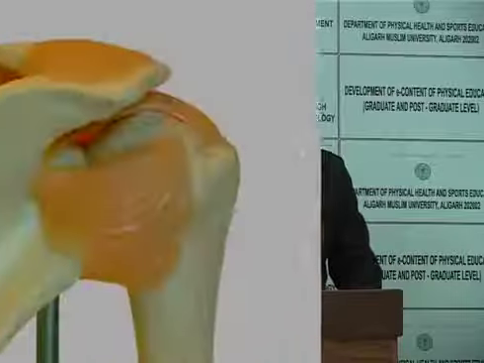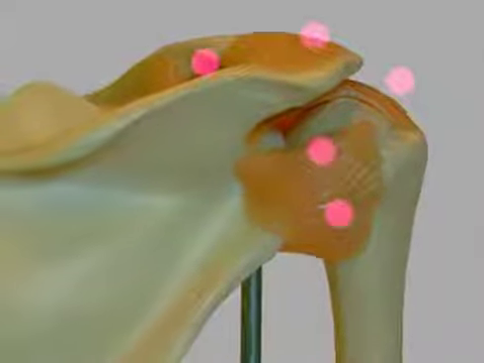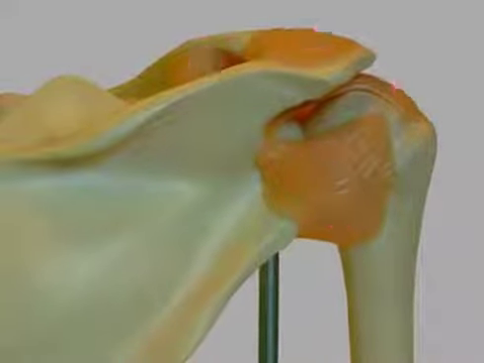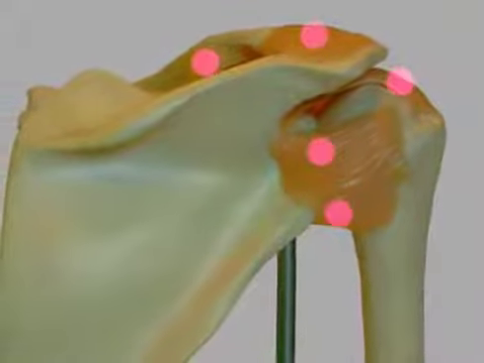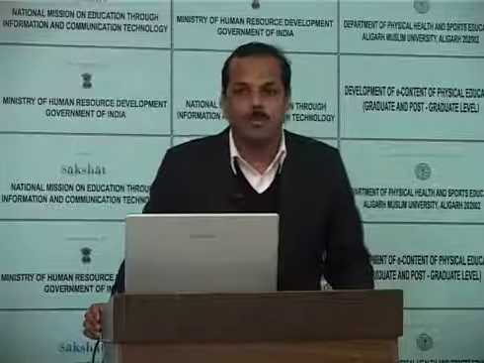We will go through the sternoclavicular joint. It is formed by the sternal end of the clavicle and the clavicular notch of the manubrium sterni. There is an articular capsule, and there are ligaments which support the structure: the anterior sternoclavicular ligament, posterior sternoclavicular ligament, interclavicular ligament, and costoclavicular ligament. Only a very limited range of motion is available in this joint. These are upward, forward, backward, and downward motions.